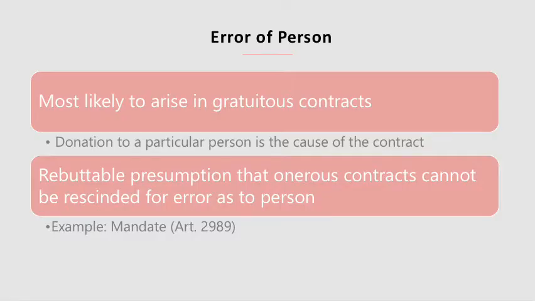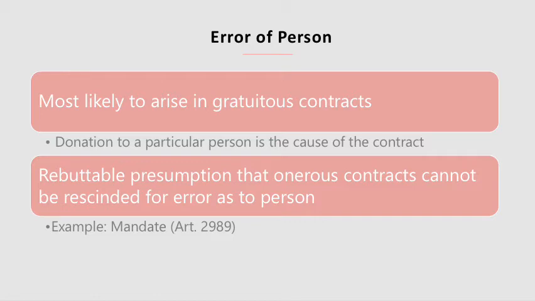So error of person is most likely to arise in gratuitous contracts, and this occurs because in gratuitous contracts, the donation to a particular person is the cause of the contract. And there exists a rebuttable presumption that onerous contracts cannot be rescinded for error as to person. An example of an onerous contract that may be vitiated on the grounds of error of person is mandate,